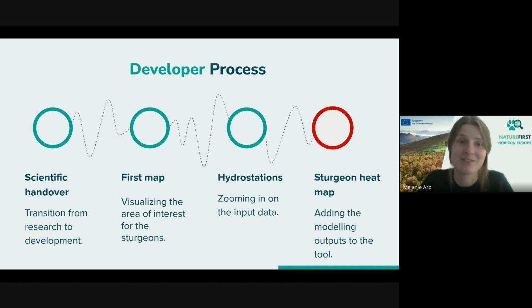But this is what we like to show you, the road towards. For us, it takes time to develop something like this, especially when you are working together. We very gradually are building this app. But we're coming now to the really important part, which is the output of the model. So how are we going to show some of these outputs that could inform the decision making of the people in